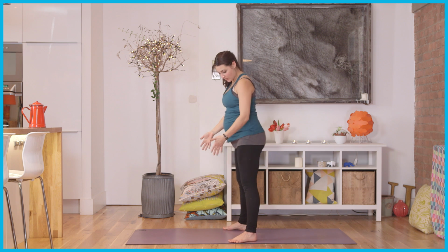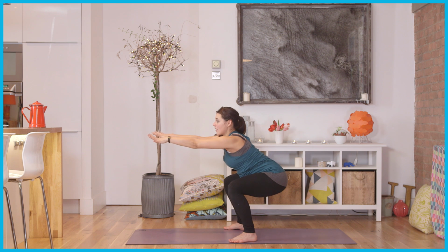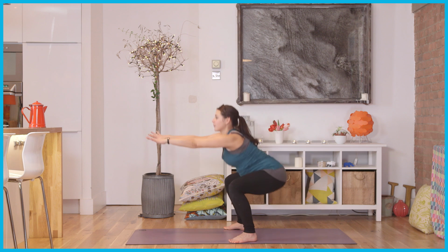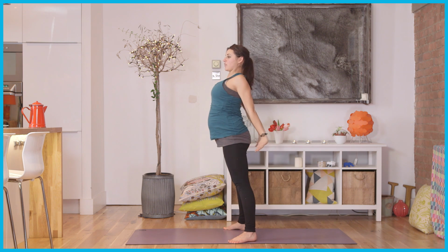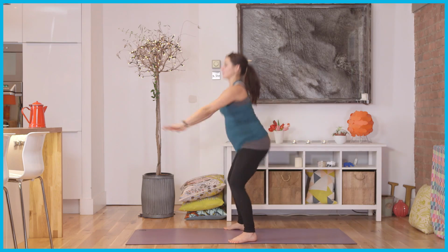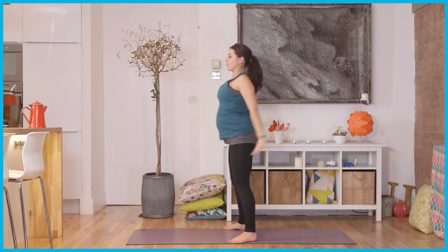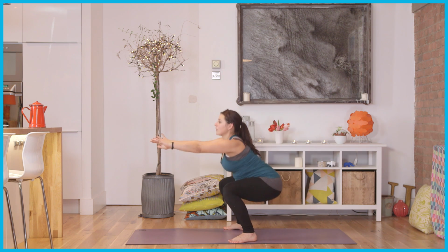So another 10 squats, toes turned out, sit back down, inhale, and then exhale, thrust the hips forward to really strengthen the backs of the legs. 2, and also exhale, push the shoulder blades together as you come up. 4, 5, 6, 7, 8, 9,